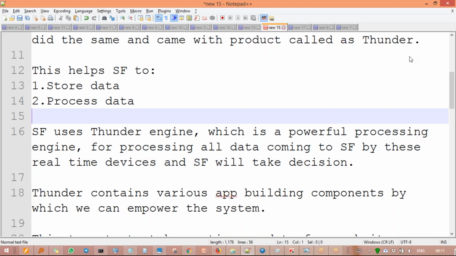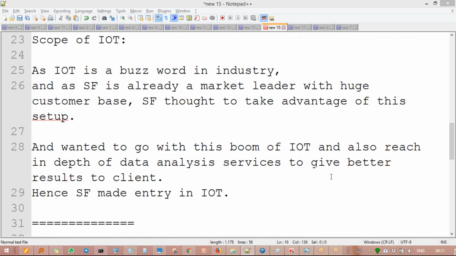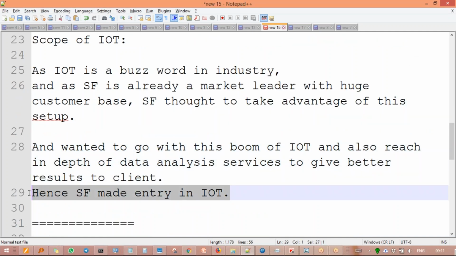The reason behind this is that when Salesforce started working, we realized they have millions of customers, and they realized that they can give better service to these customers by using IoT. This is the reason why Salesforce jumped into the IoT market, to understand how exactly these guys can do better things for you.